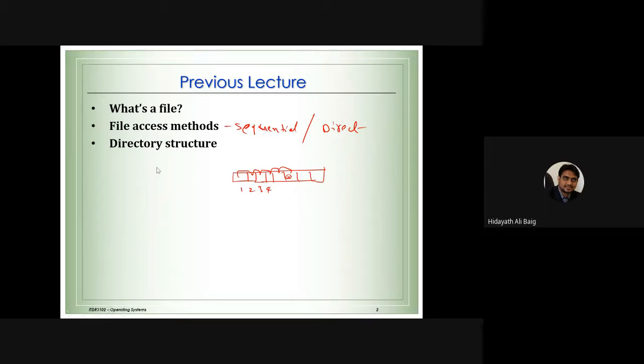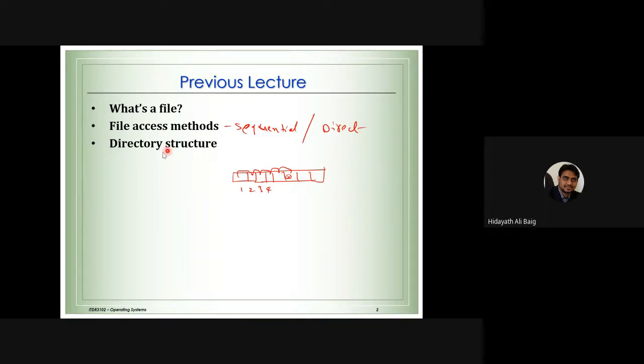Okay, so they are the two file access methods, sequential and direct. In the sequential access, we cannot directly go to a particular record. We need to move incrementally forward to read the data from any particular record. But in the direct access, we have seen the example of the hardware is disk. From the disk, we can read the data from any location.